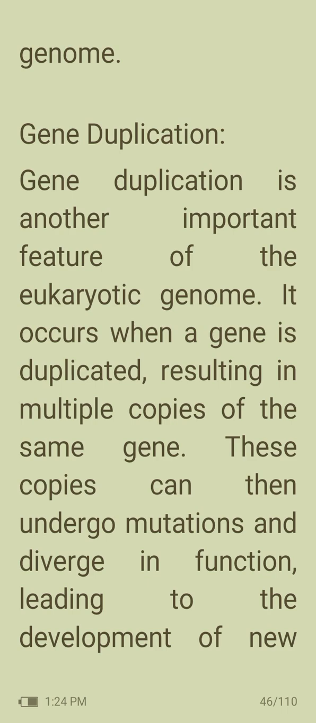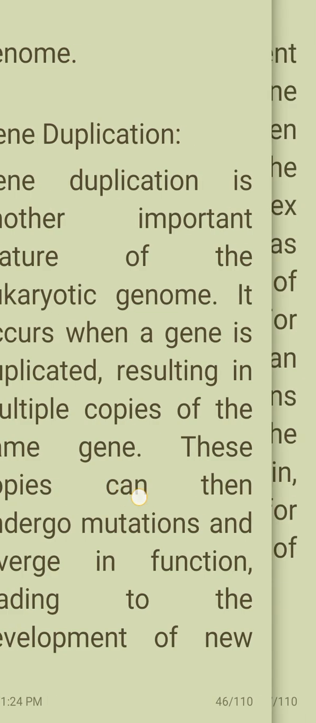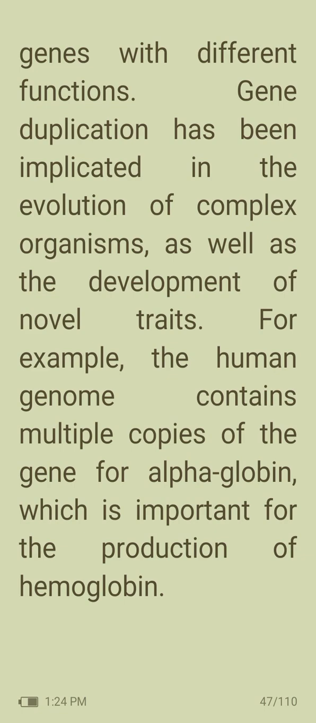Gene duplication. Gene duplication is another important feature of the eukaryotic genome. It occurs when a gene is duplicated, resulting in multiple copies of the same gene. These copies can then undergo mutations and diverge in function, leading to the development of new genes with different functions. Gene duplication has been implicated in the evolution of complex organisms as well as the development of novel traits. For example, the human genome contains multiple copies of the gene for alpha globin, which is important for the production